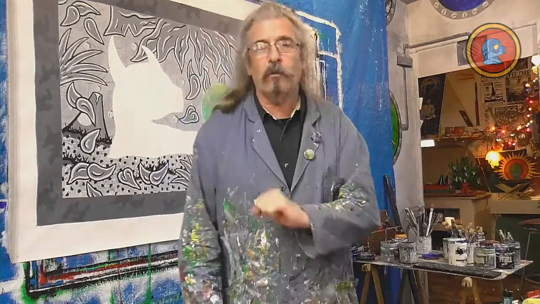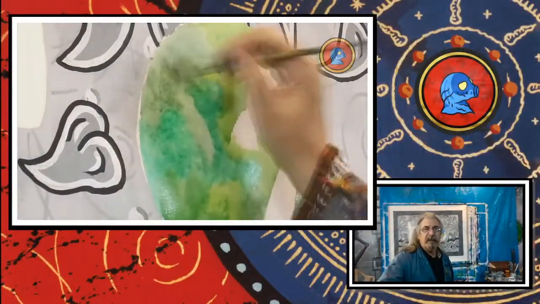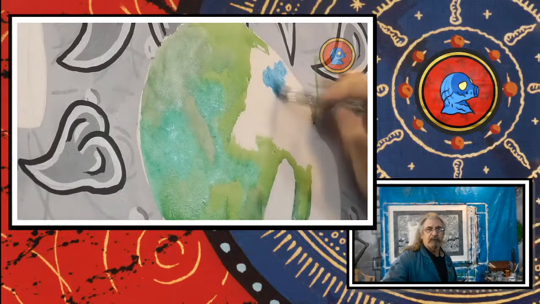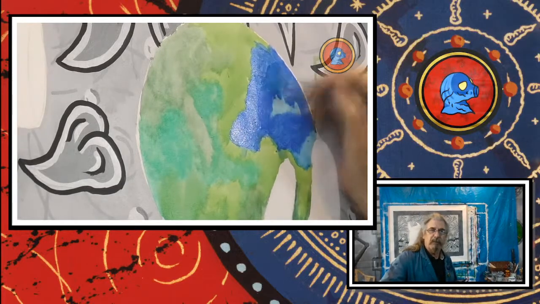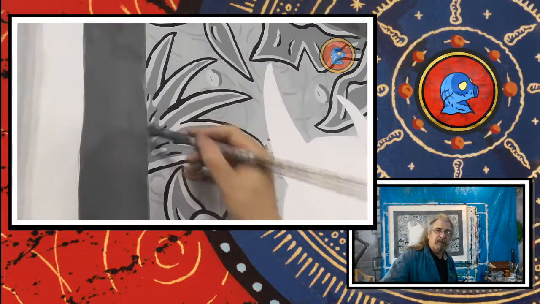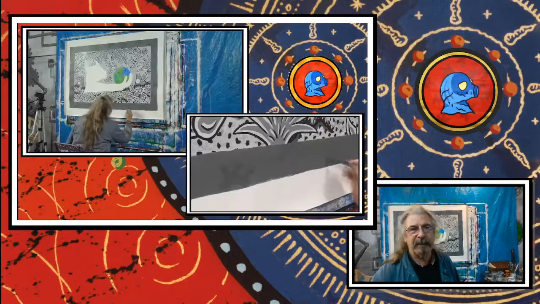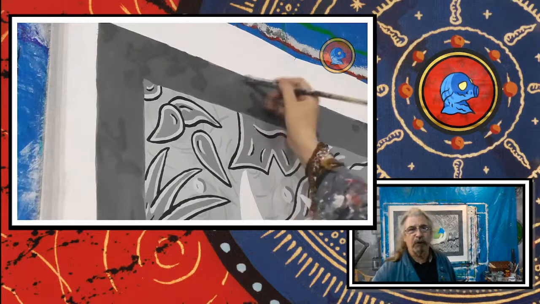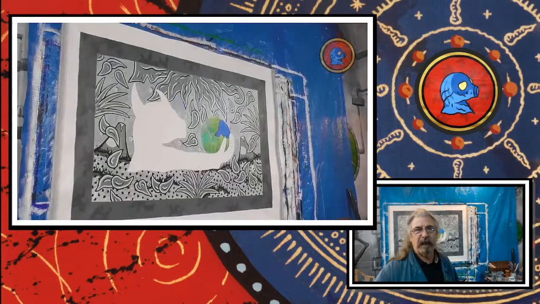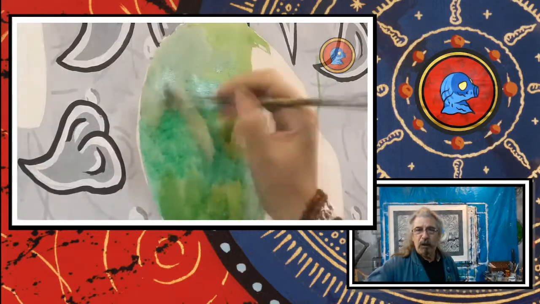But first, what we're going to do is what we always do. We're going to go over to the computer and check out what we did yesterday, and then we'll tackle our day from there. So what did we do yesterday? Well, we basically put the background to our jungle. We did a little bit of some blues for the sky that will be peeking through, and then eventually we added some shadowing to our frame. We started with some dark shadowing, and then we went to some light shadowing as well.